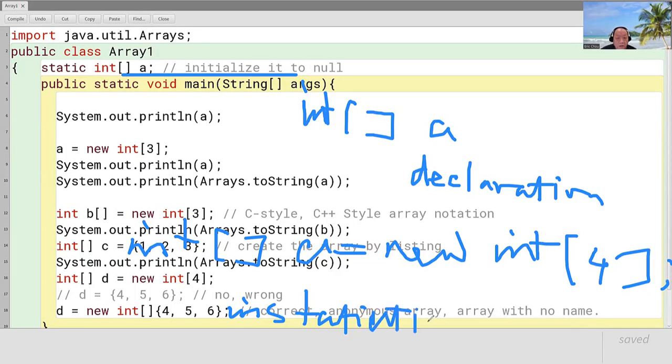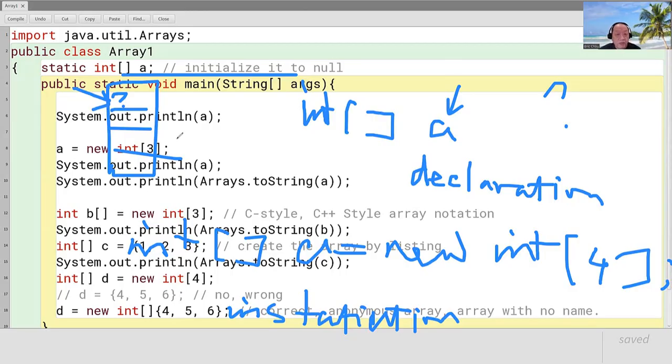Instantiation. Declaration means that A is a building, but where is the building? I don't know. So it's holding an address, but the address is pointing to nowhere right now. Then instantiation means that I built a four-story building, but inside the building, what's the content? It's null, it's nothing, it's actually 0. Okay. And later, if you do A[0] equals 3, this is called